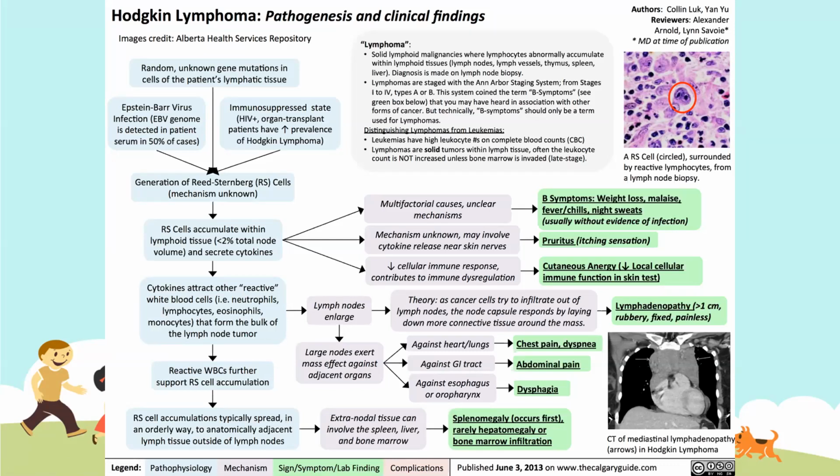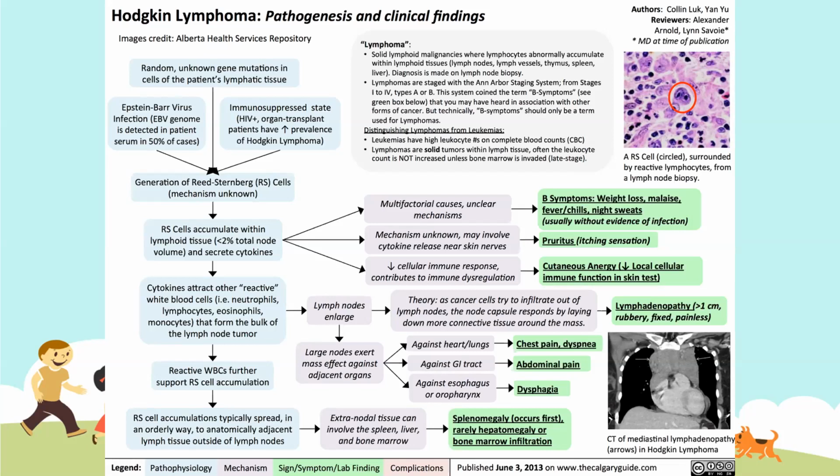And then after the Reed-Sternberg cells accumulate, they will secrete cytokines, right? So the cytokines will attract other reactive white blood cells such as neutrophils, lymphocytes, eosinophils, and monocytes, which then form the bulk of the lymph node tumor. As the cells accumulate, they will enlarge the lymph nodes, and